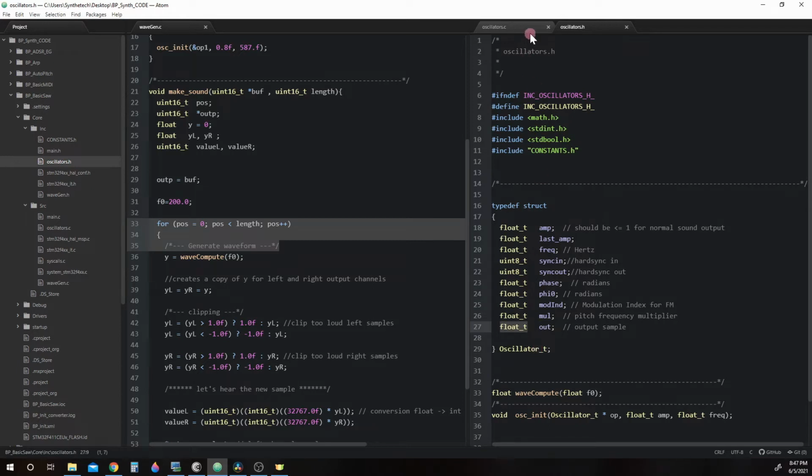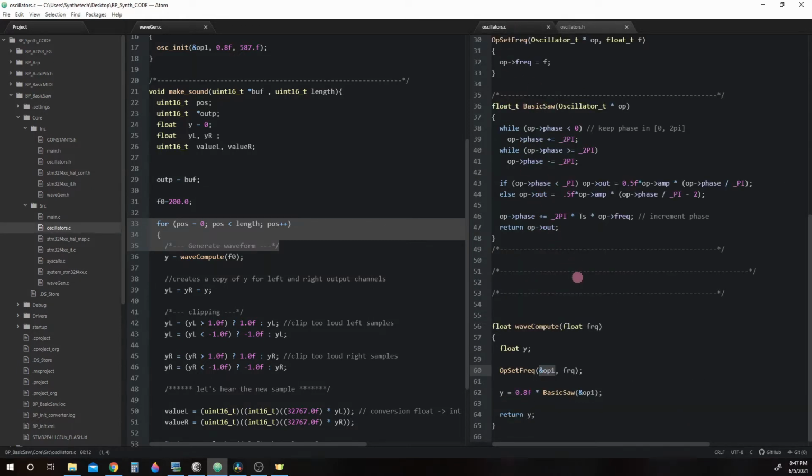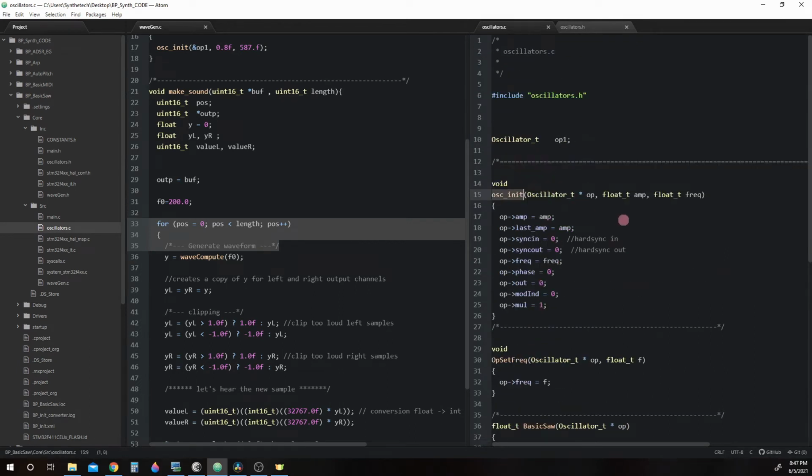Heading back to oscillators.c, we see this function, os_init. And inside the function, we see most of the parameters we saw in the oscillator type struct. Os_init has three arguments passed: op, amp, and frequency. The first argument, op, is going to point to the address of that oscillator struct. So if we want to use op1, we will call the function like this: